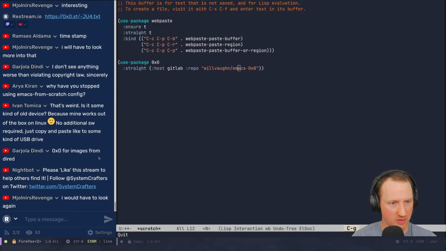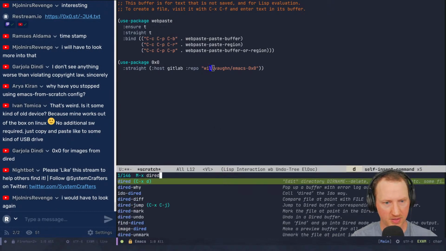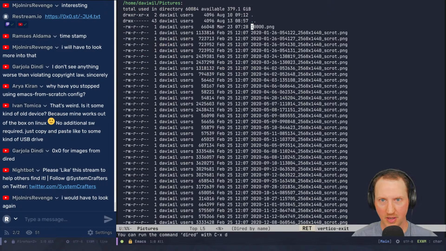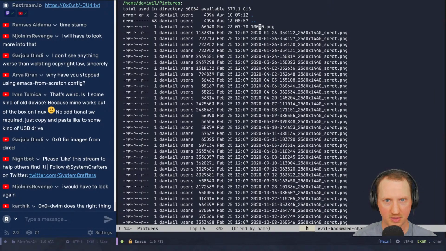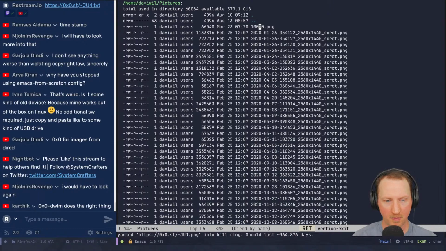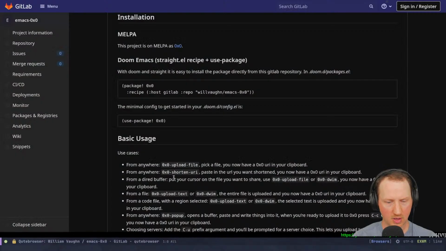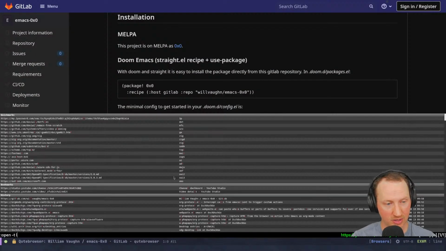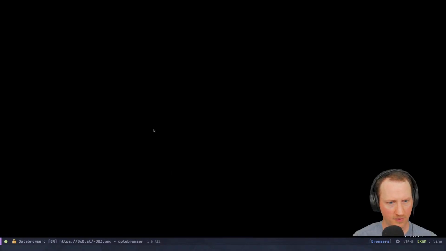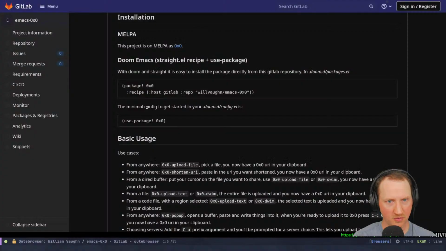Oh, and you can also use it with Dired. So let's see. I'm not going to have my nice key binding set up here. I think that one, I took a screenshot of hitting 100K subscribers. So if I use OXO upload file, it will just directly grab the file from the current line in Dired, which is kind of nice. It doesn't do, let's see, Control V. Okay. Yeah, there we go. So that worked.